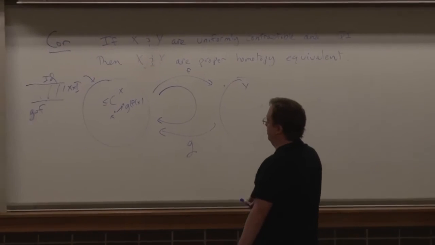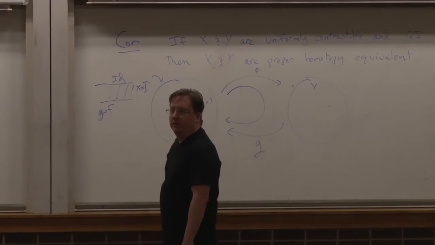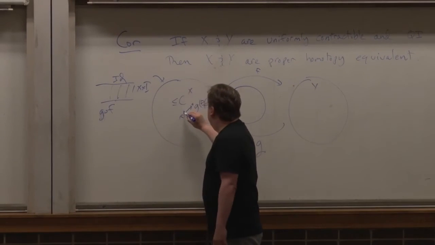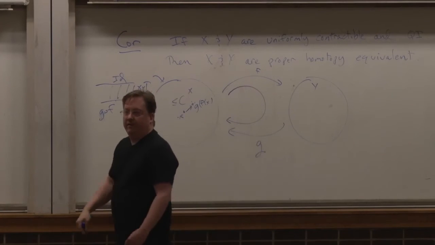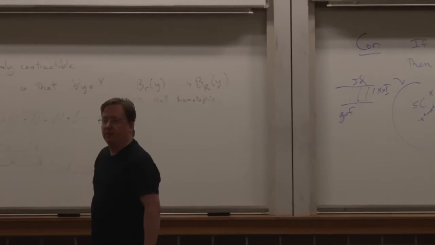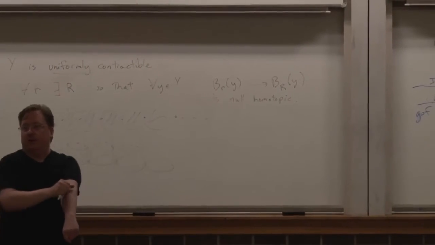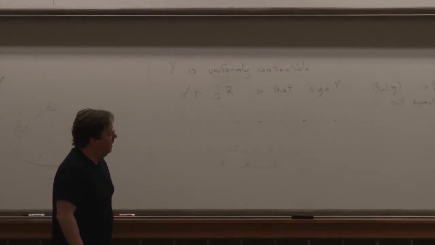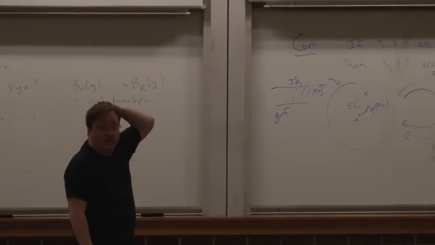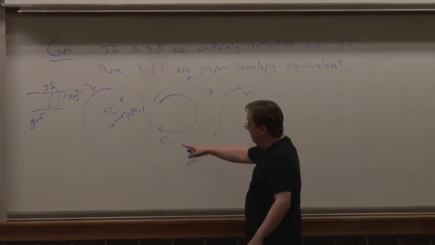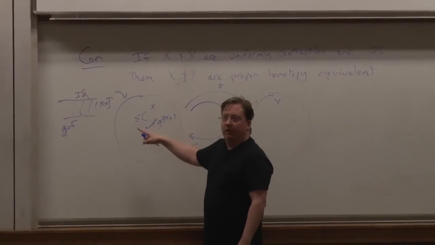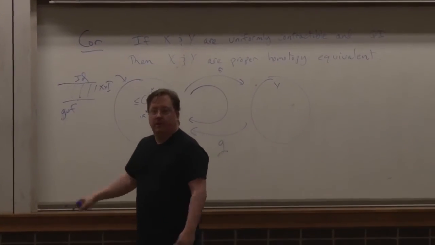Or if you want, just repeat the content of the argument to see that because balls are uniformly contractible and x and g of f of x are a uniformly controlled distance apart, we can homotope them. Okay. So this composition is guaranteed to be homotopic to the identity. And in fact, more than that, it's guaranteed to be homotopic to the identity with tracks of the homotopy not very long. Okay.